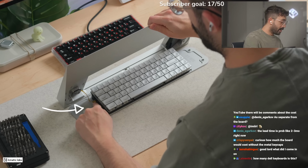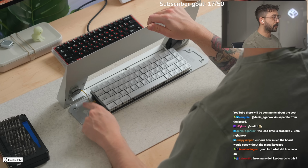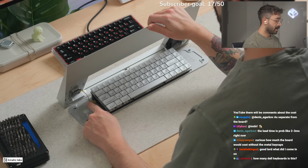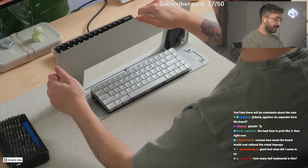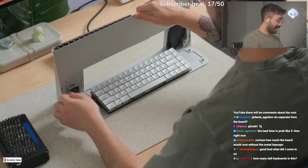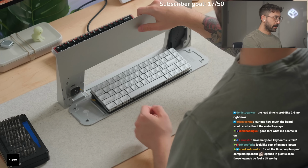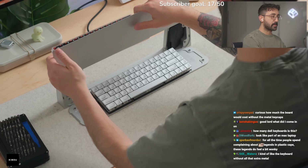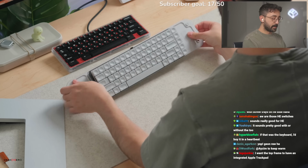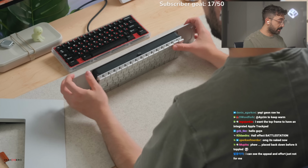Is this cable right over here? If this was me personally, I would probably make this cable an inch longer. That way you can fully lift this up and have it sit upright without it sitting so taut. Because right now, I feel like someone who is maybe going to go in here just to test things out might rip that out. So the case basically sits as essentially a tray mount, which is interesting, but